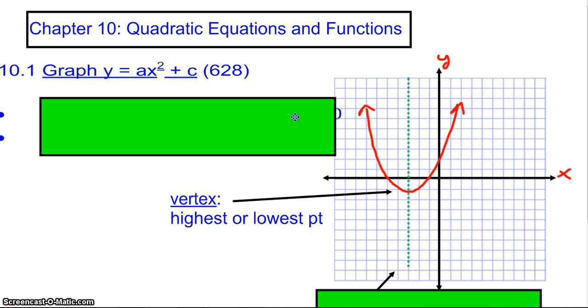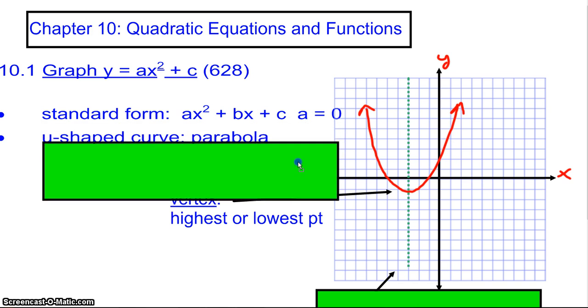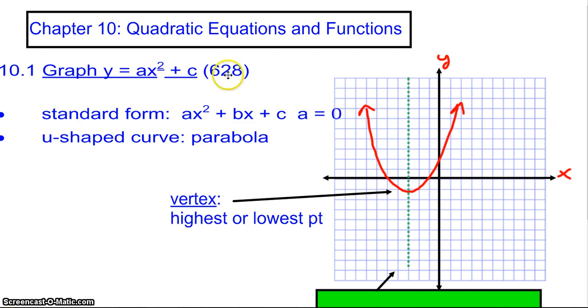The overall shape of the graph, we said, was a parabola, a U-shaped curve. And we write the equation in standard form, ax squared plus bx plus c. A does not equal 0. A cannot equal 0. If a equaled 0, it would wipe out our squared x, our squared input. And that's what creates a quadratic equation, squaring an input. So once we have a quadratic equation with some value in a other than 0, we will end up with a